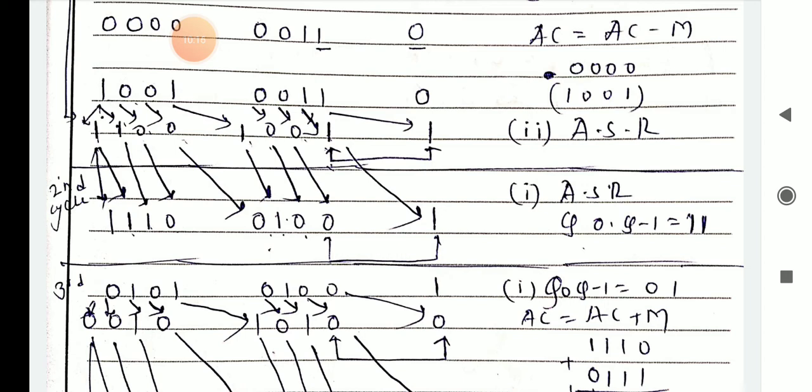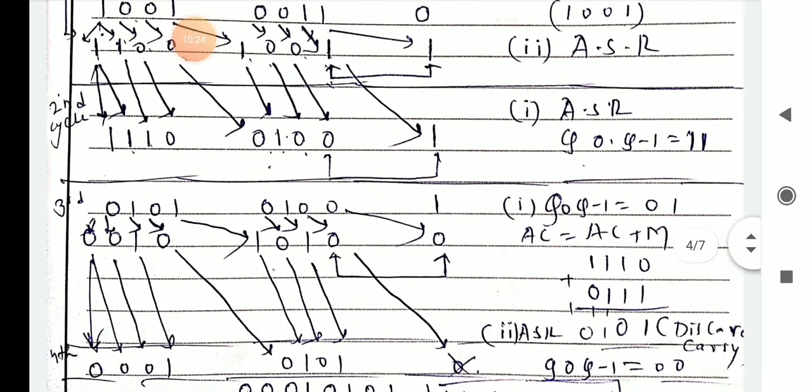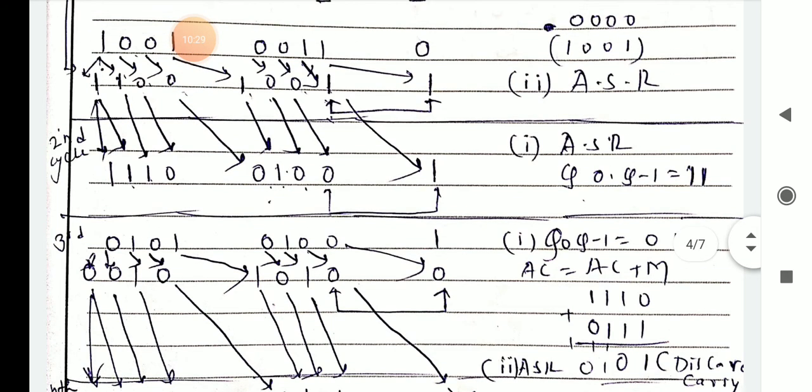Once you perform this, your result should be what? 0 1 0 1 0 1. So you have to write here in AC 0 1 0 1. Okay, so discard that carry once you get that addition. You know how to add that. 0 plus 1 is 1, 1 plus 1 is 0 with carry 1, then three 1s are there, carry also 1, sum is also 1, 1 plus 1 is 0 with carry 1, so you have to discard that one. Okay, so 0 1 0 1 is the result written here, third cycle 0 1 0 1,